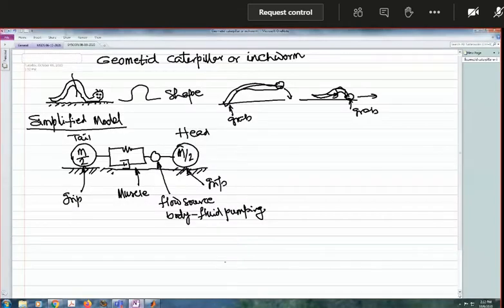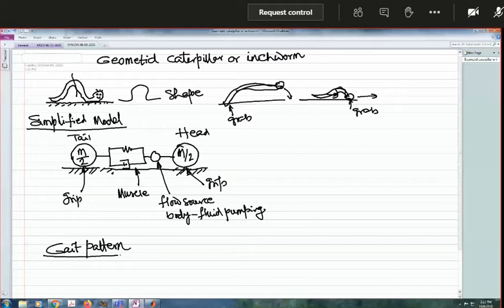Now for this we will have a gait pattern. Like human beings we move, we also have gait pattern, horses have gait pattern, dogs have gait pattern. There are different gait patterns, they move in different ways. Okay. So this will also have a gait pattern. What is its gait pattern?